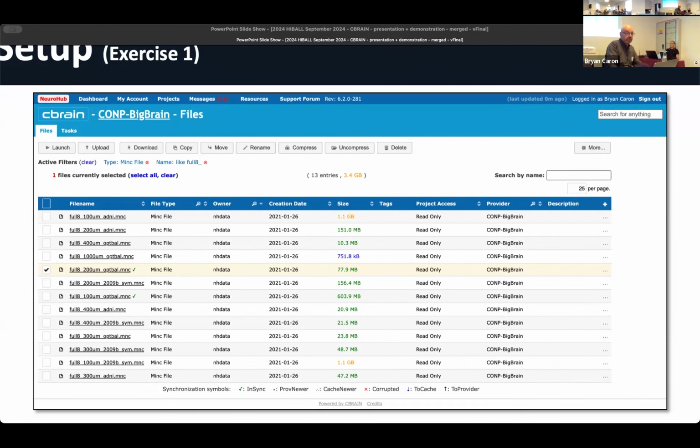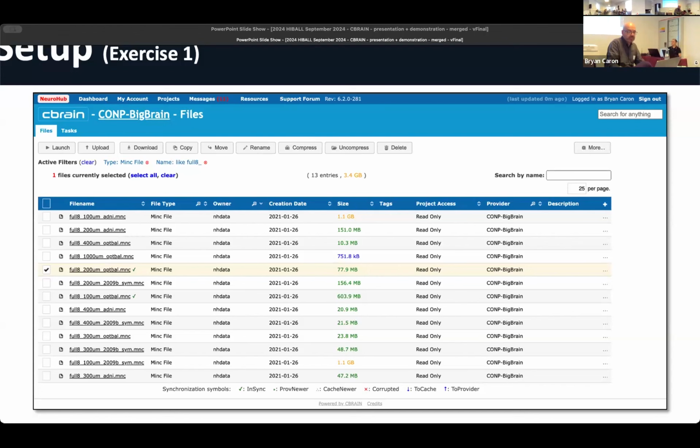Okay. So what we're going to do now is, you say, well, we've picked the file that I want to look at. I want to just visualize it within the browser first. So we're not going to analyze this yet, but we want to just take a look at it, right? And this is where, again, embedded visualization tools capable from the browser that are part of CBRAIN will come into play. So you don't have to put the checkbox there, but let's just say you pick any one of the MINC files that you want. In my case, I picked the full8, the 200 micron example of the data set, and this is where other people can better explain what went into creating what was called the optically balanced portion of it. It's much better described on the website for the data set.